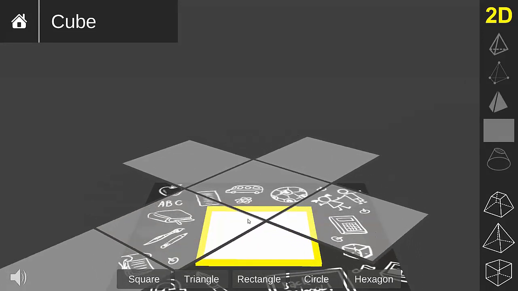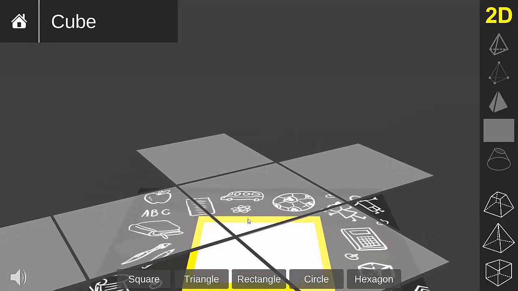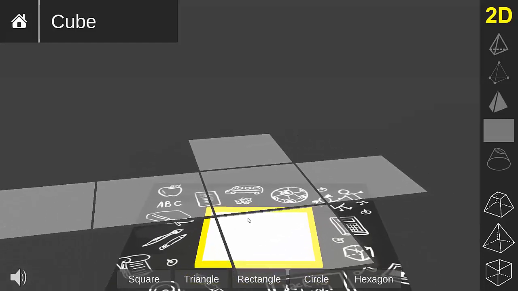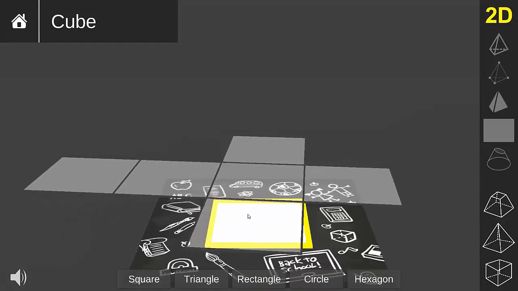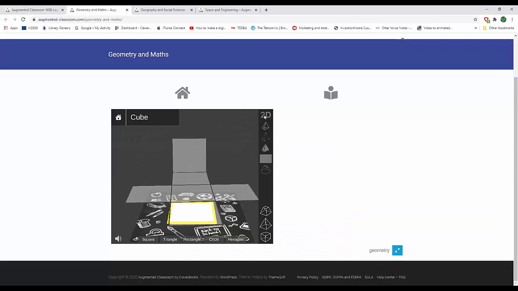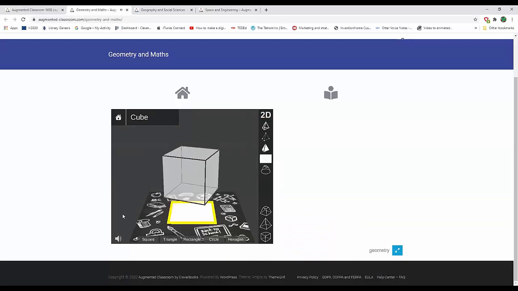Now, what else can you do? You can zoom in to see closer, and you can also zoom out with the scroll of the mouse. You can fold it back. And as I mentioned, you can switch off the audio if you are not interested. You can see also other manipulations with a 3D shape, and you can hear the sound that supports it. Vertex, base, edge,